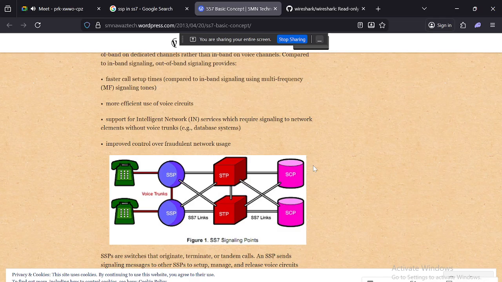If you are inactive, or shut down, or overseas, call routing is based on the information the home location register receives, and the GMSC routes the call to the mobile subscriber identity. Whichever other phone number you have set, the call will be routed to that number. You understand? When you switch off your phone and have put call forwarding, the call will go to the other number. So the gateway mobile switching center helps with this routing.